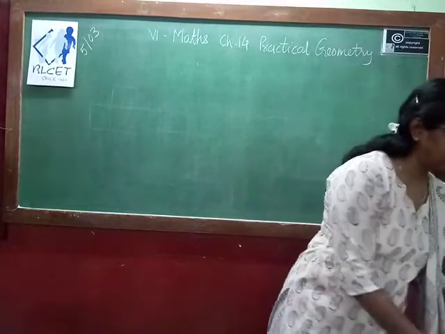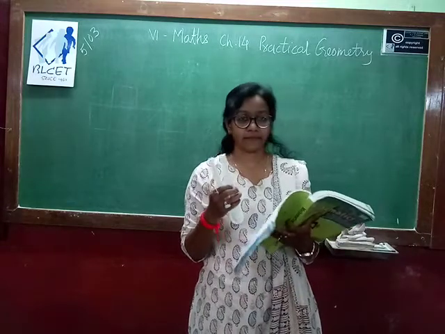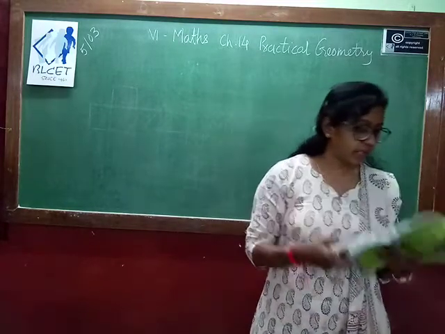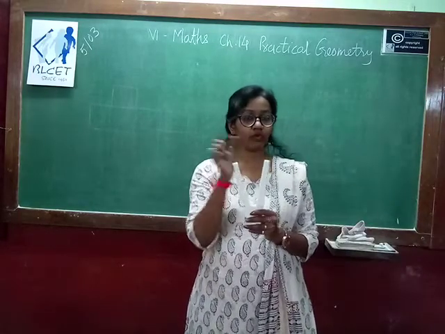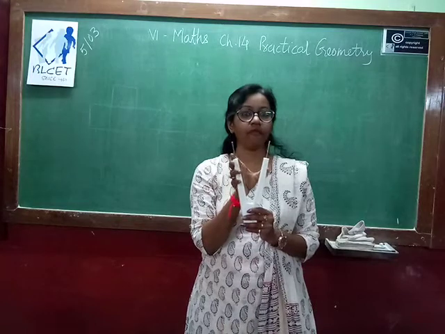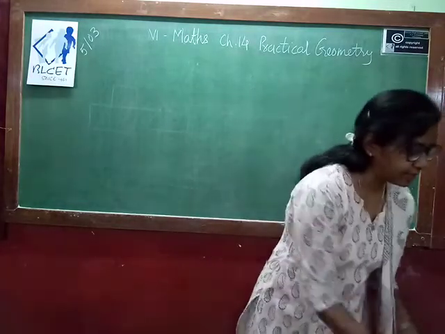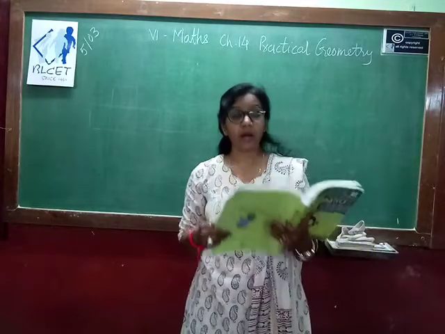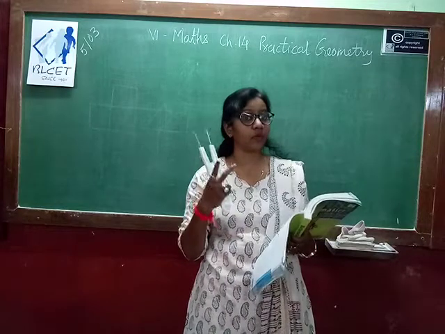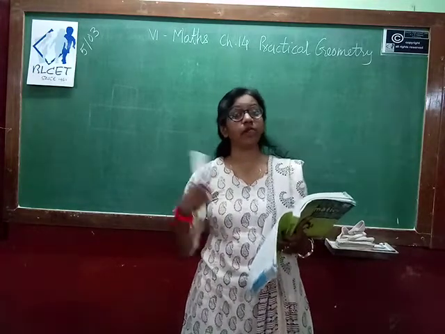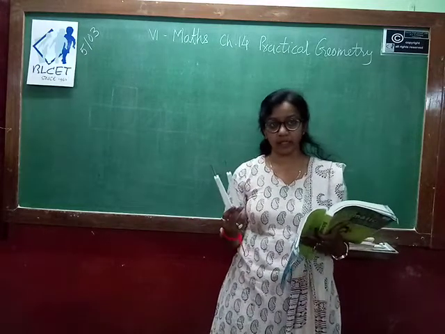Third we have this instrument. What is it, let's see. The divider. Okay. What is the description? A pair of pointers. If you see the divider, you have two pointers, a pair of pointers. Okay. So now what is its use? Let's see. To compare lengths. Suppose you are given two lengths and you don't want to measure them but you want to compare them without measuring, at that time we are using this divider.